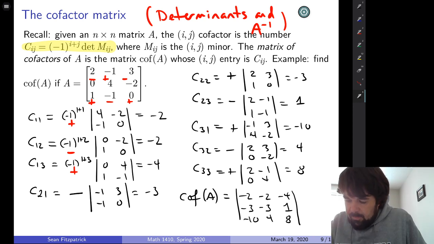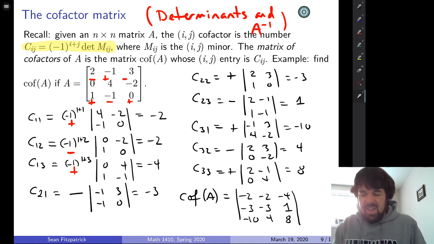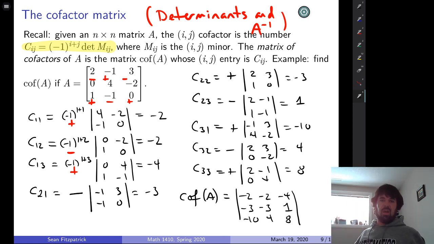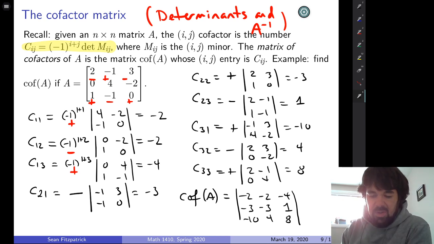Okay, so this cofactor matrix is going to be useful. We're going to see how to use it to calculate inverses in a minute, but I hope that even for a 3 by 3, you can see that this is kind of a pain, right? You got to calculate all 9 of those 2 by 2 determinants. And now imagine I wanted the matrix of cofactors for a 4 by 4. For a 4 by 4 matrix, I have to calculate 16 cofactors, and each of those cofactors involves a 3